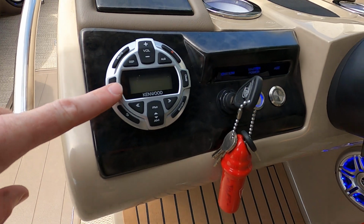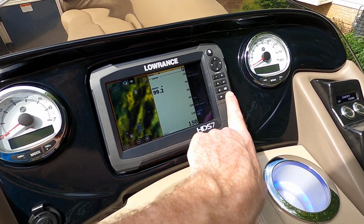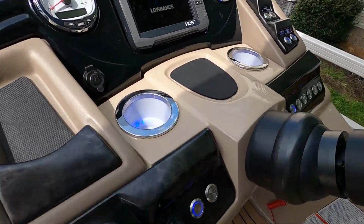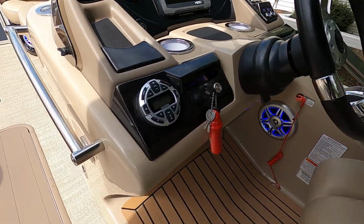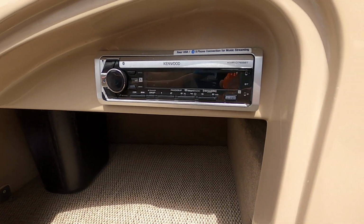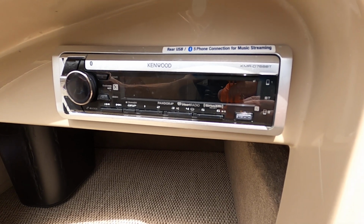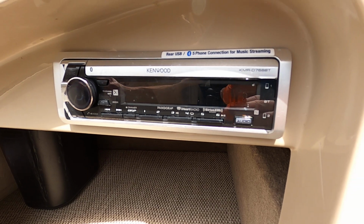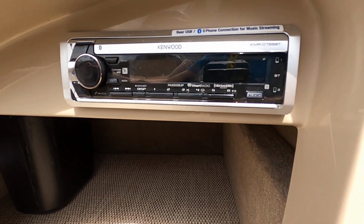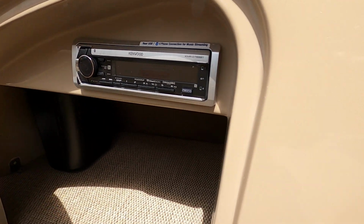12-volt outlet here, stereo remote here, but turn that key off. Of course, that master power switch, and this will stay on until you turn it off. Push and hold that. We've got a screen protector for that Lowrance. Again, all your cup holders are LED lit. This stereo remote, your head unit's right under here in this under helm storage, just forward of your driver's seat. This is an AM, FM, CD, Bluetooth, satellite ready, iHeartRadio ready, Pandora ready stereo, and you've got a USB hookup on the back end of that to connect, and a Bluetooth connection as well. I think I mentioned that. It's a fully